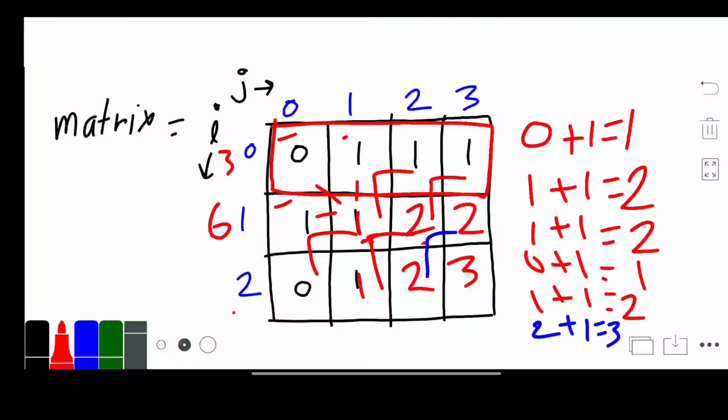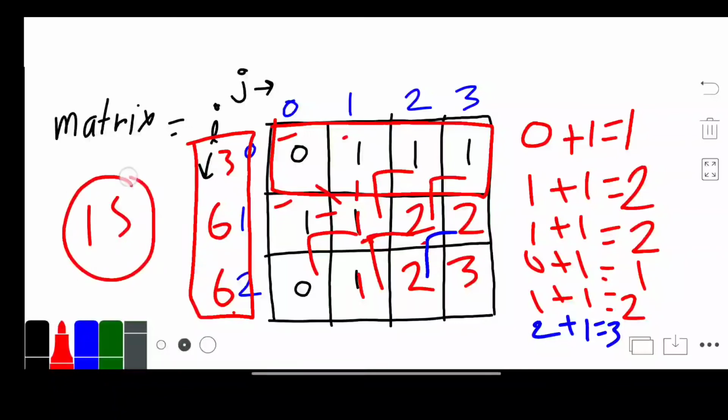Again we calculate the sum of the next row, and that is 6. Then we calculate the sum of 3, 6 and 6, that is 15. This is our answer. I hope it's clear to you. Basically this is the same as the maximum subsquare matrix question. In the maximum subsquare matrix we calculate the maximum, and here we calculate the sum.